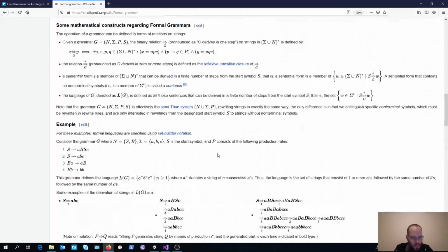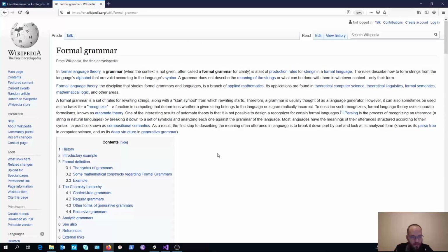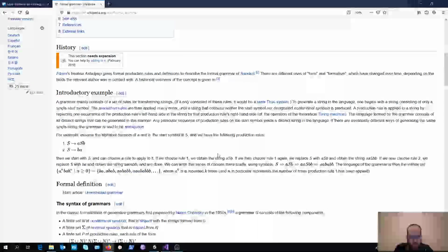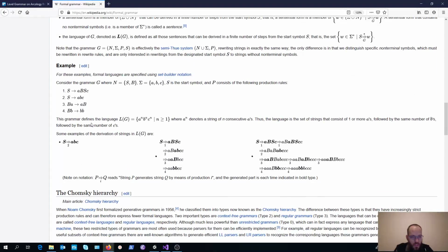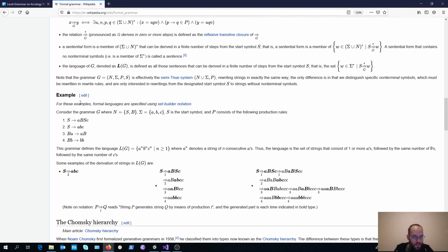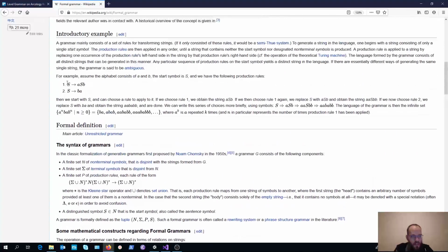The technical term is a terminal, I think. No, terminal is, well, a string, and each one of these strings can then possibly be converted into other strings, and then these strings can then further be converted into other strings. Okay, so this is not the best explanation of this, but let's look at an example from something that's a